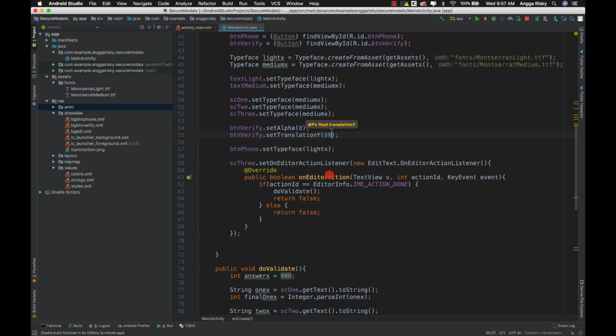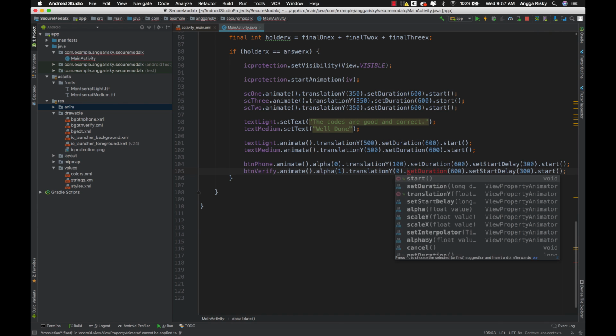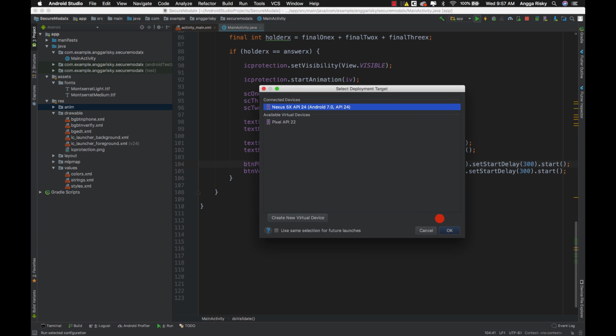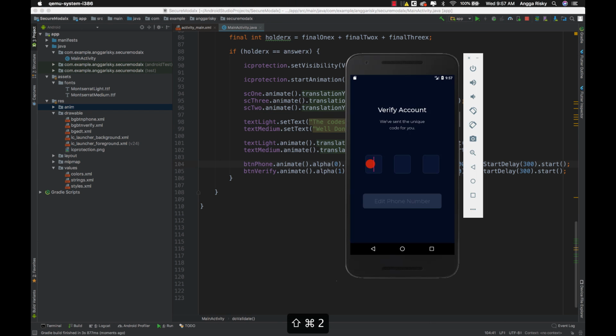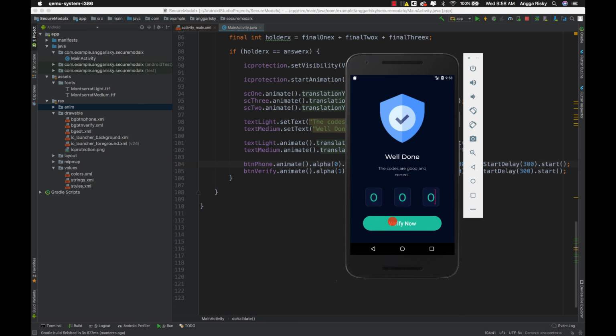Okay, and then over here we give the translation y to 0. Okay, let's just try first. So I put 0, 0 and 0. Yeah, it's working. Cool, right?